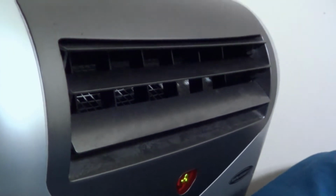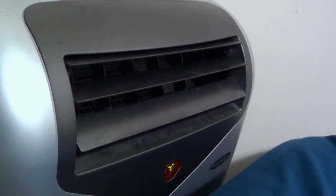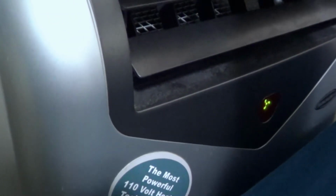So, alright, this is low mode. Low mode runs at 76 watts. So we're already higher than what those things will do. I have one on the other side. So it depends on where I want the fan, basically. But if I crank this all the way up to high mode...